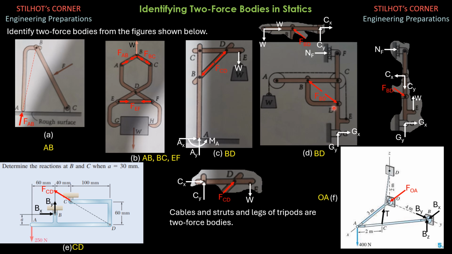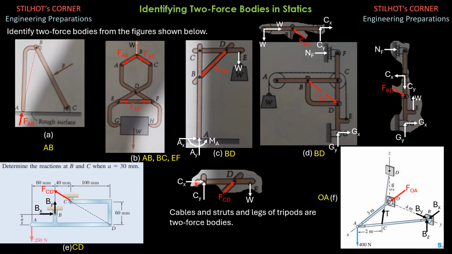So for instance, by the way, we go back to this. If you draw the free body diagram of the portion CDE, of course, for the entire system, you just look at these reactions, vertical, horizontal, and moment reactions at A. Then that's the free body diagram of the whole system. If you draw the free body diagram of this member CDE, we have FCD acting now, the two-force body.